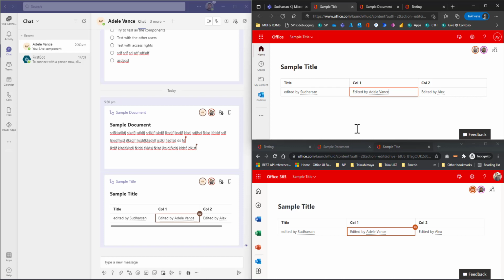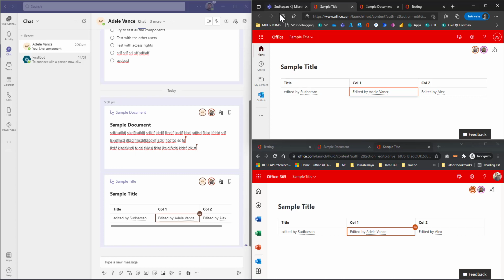And the last thing I want to mention is that whenever you create a live component in Teams, it will be stored as a Fluid file inside your OneDrive.